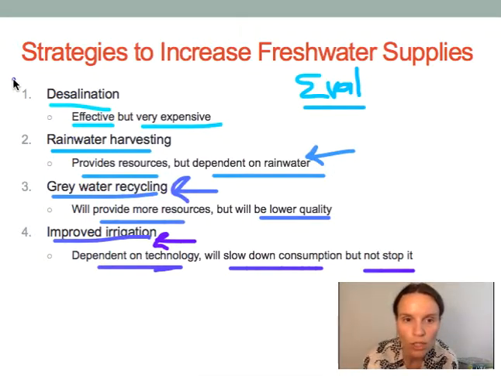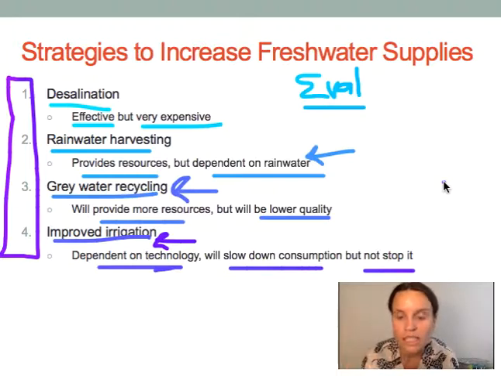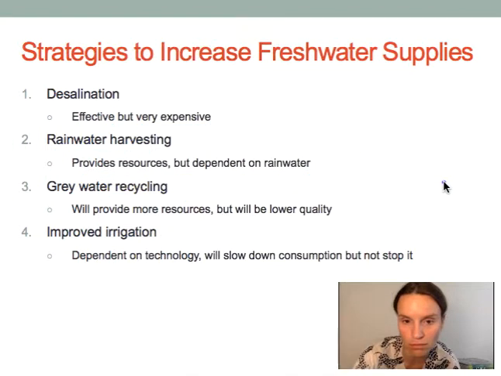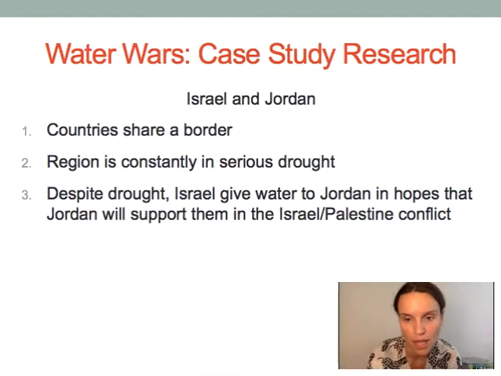So these 4 strategies all have a little bit of an evaluation with them here, and these are things that are going to be considered again and again as serious problems from all different environmental viewpoints, and it's important to have an idea of how you want to consider them. So it might be worth pausing the video and taking a minute to look at these and thinking about which one you agree with the most. What's our best hope of increasing freshwater supplies? When you're done, move on to the next slide, and we are going to talk a little bit about a